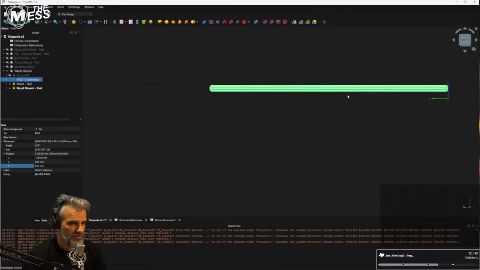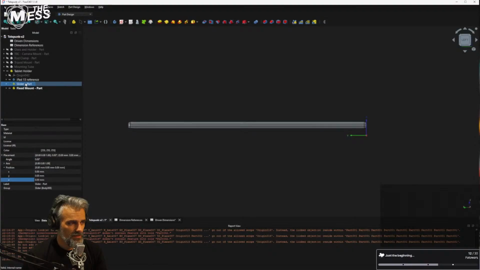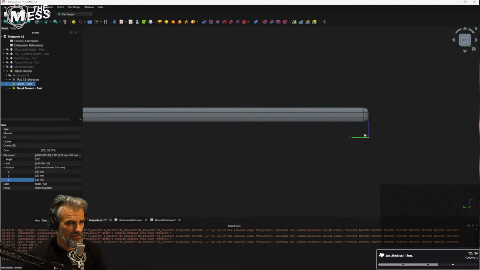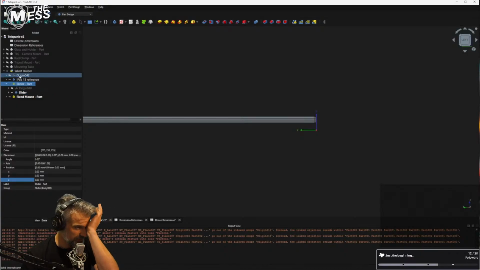So if we go around to the left view, the slider part is, what am I saying here? It is making sense in my head. I've just got to get it